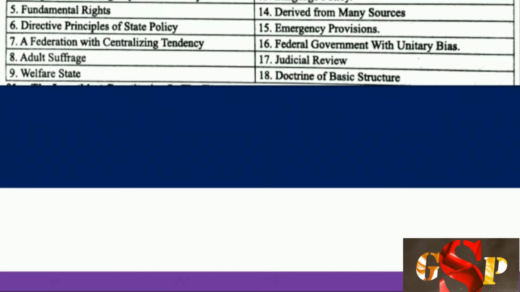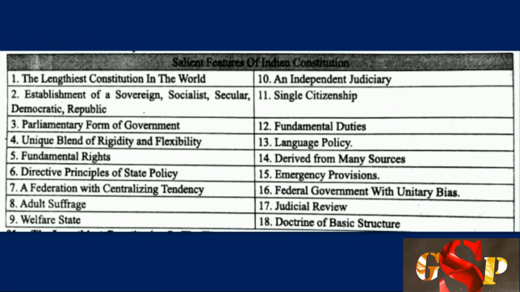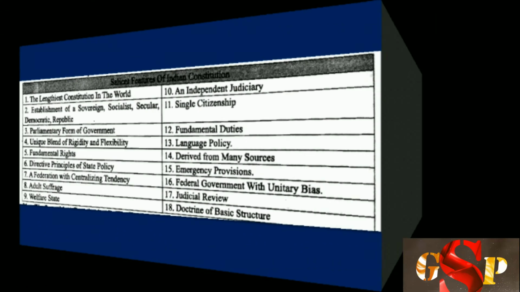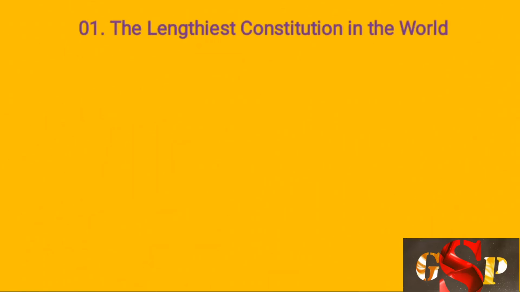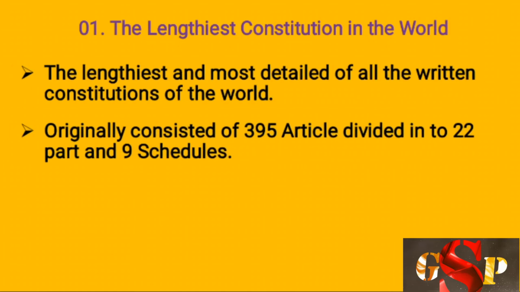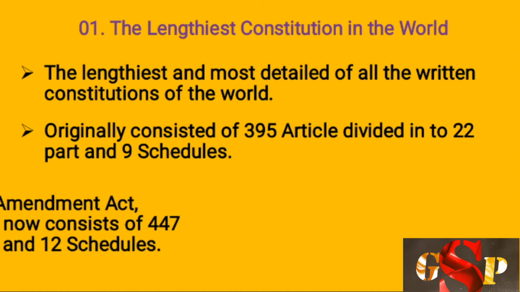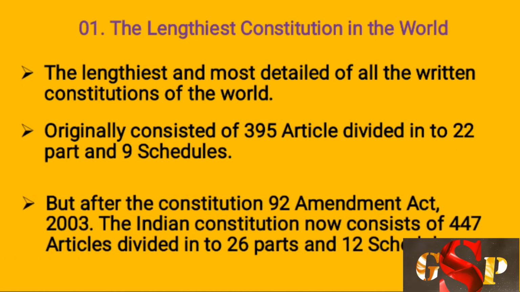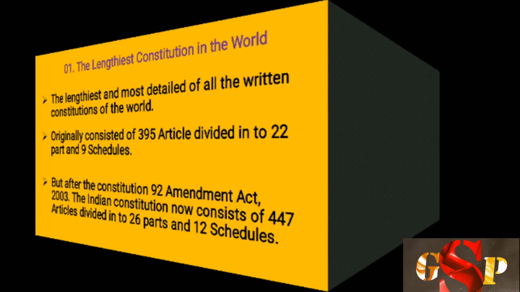the Constitution is the lengthiest constitution in the world. Lengthy means bulky or descriptive. The Indian Constitution is the most detailed of all the written constitutions in the world. Originally, it consisted of 395 articles divided into 22 parts and 9 schedules. But after the Constitution 92nd Amendment Act 2003, the Indian Constitution now consists of 447 articles divided into parts and